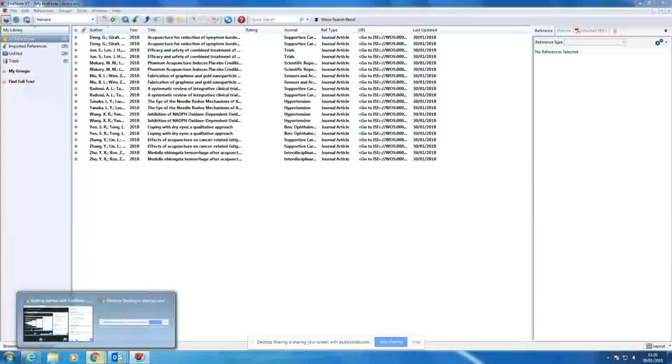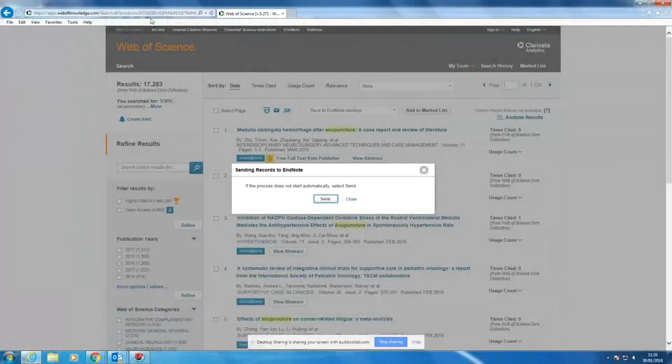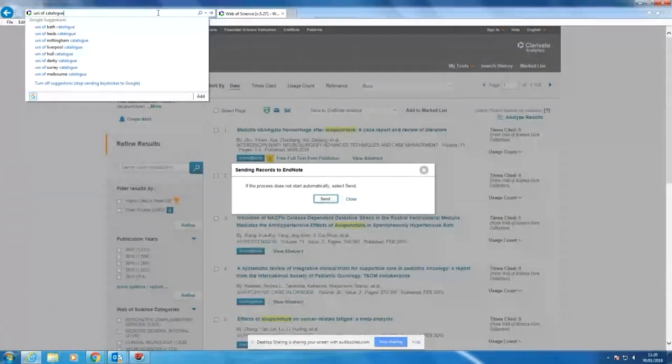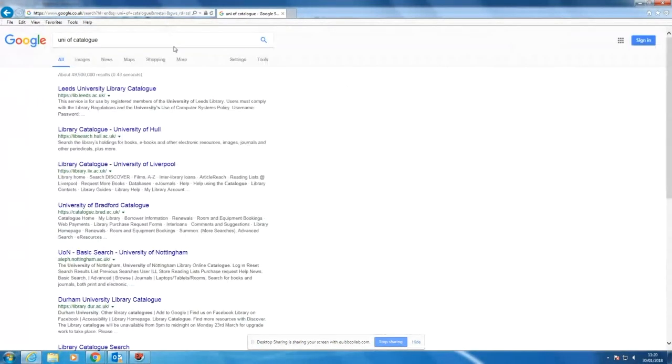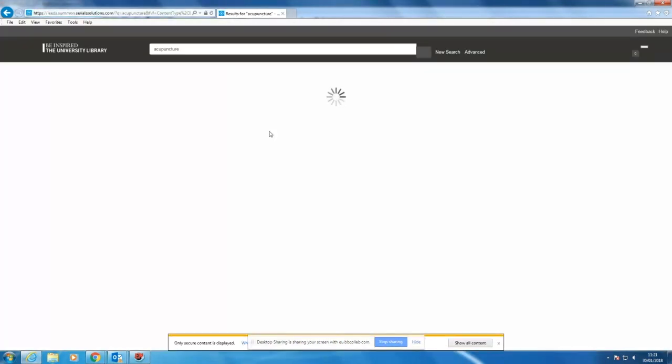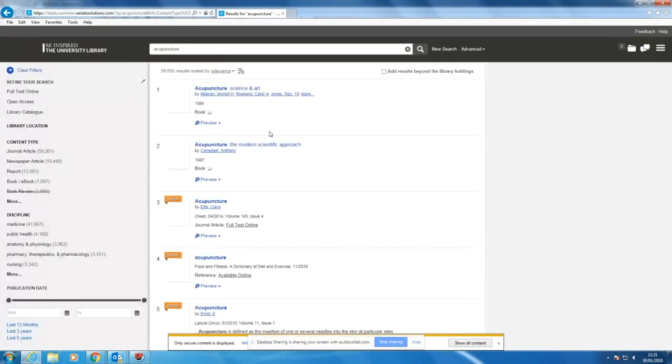So I'm going to just show you how to import references from Search at Library. So that's the library search. So if you go to the home page of the library website and type in a simple search of the thing that you're interested in. Okay, so